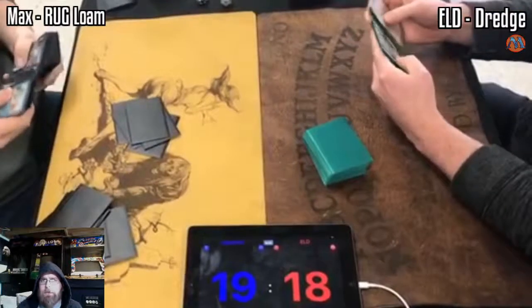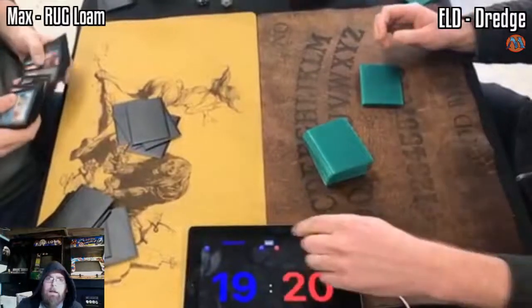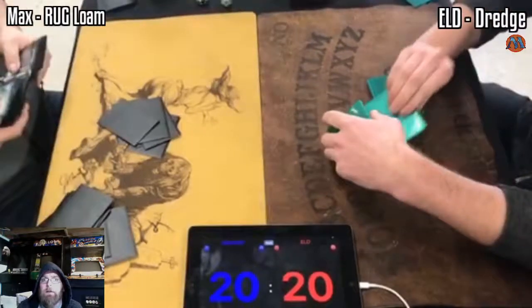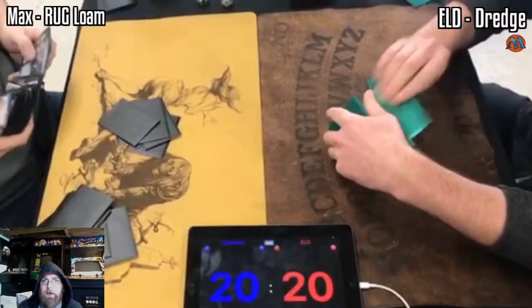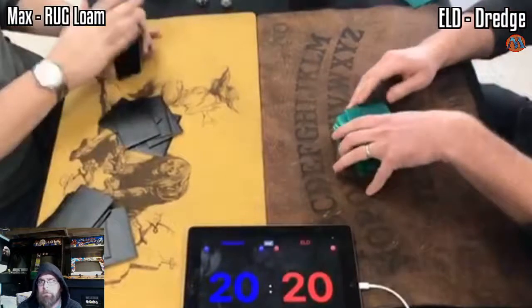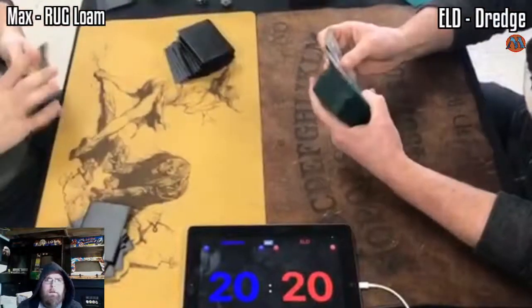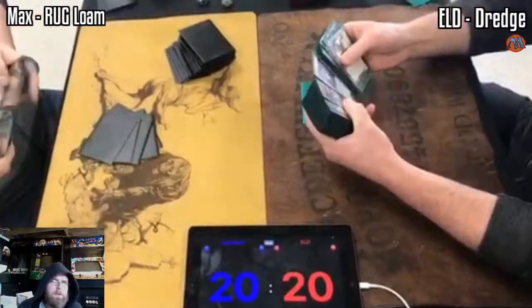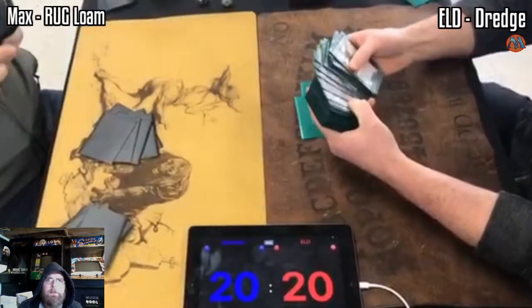Going into round 2 here, Max is going to need to find his artifacts. I did play him in the Swiss rounds as well. And there, I believe he had Tormod's Crypt and Grafdigger's Cage. But he's got...